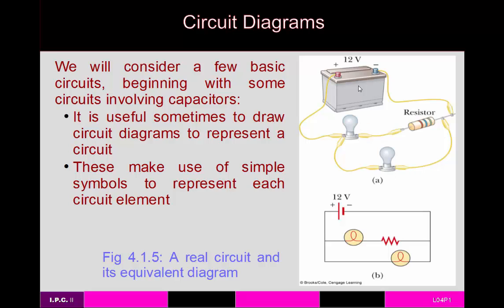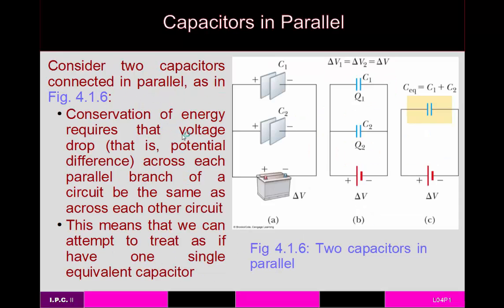And it's kind of cumbersome to draw something like this every time you want to represent this circuit. So instead, we have simple symbols to represent each element in a circuit. So this is our battery, this is a resistor, this is one way of representing a light. Sometimes they draw a circle with a resistor inside of it because these usually create light by having a lot of current pass through a filament, which then glows red hot or white hot, as the case may be. And for a capacitor